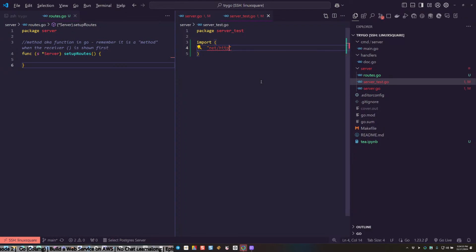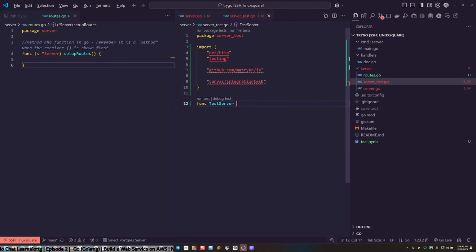Net HTTP package, standard library, testing, GitHub is, and Canvas integration test. Function to test the server, func. Test server start.